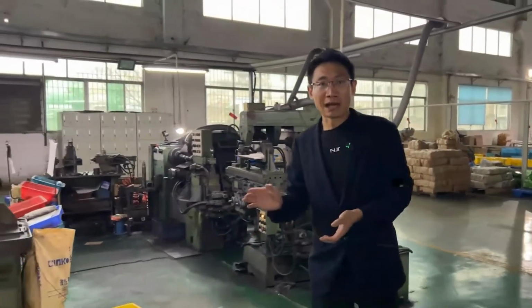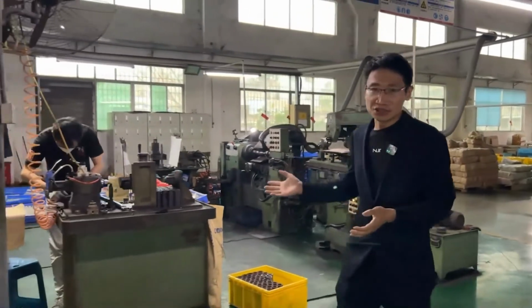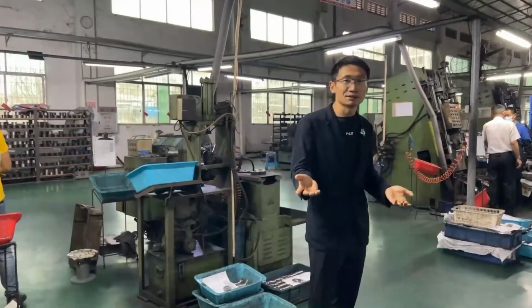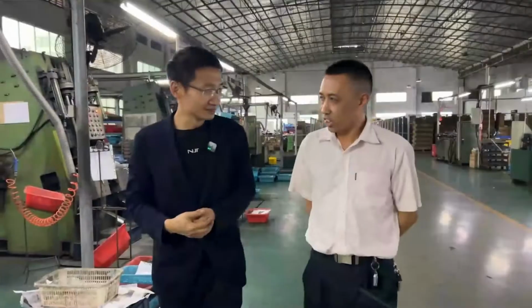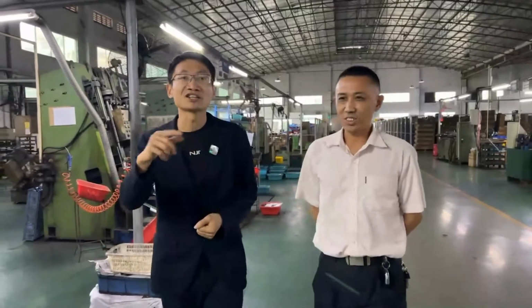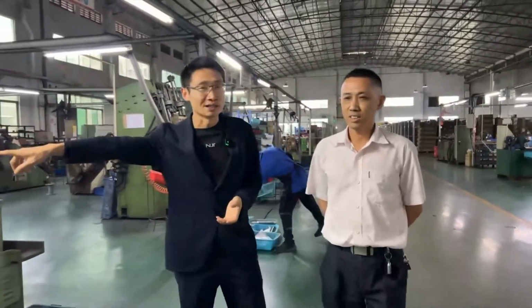This is Guangzhou Piston Ring Processing Factory. Their headquarters is in Taiwan, and they use Taiwan's management system. Next, let's chat with the factory manager. This is our factory manager Wang. He has 27 years of work experience. Every link of the factory site, process flow, raw materials and on-site management are all within the management scope of